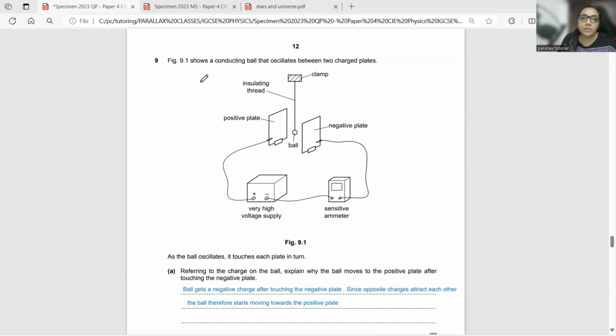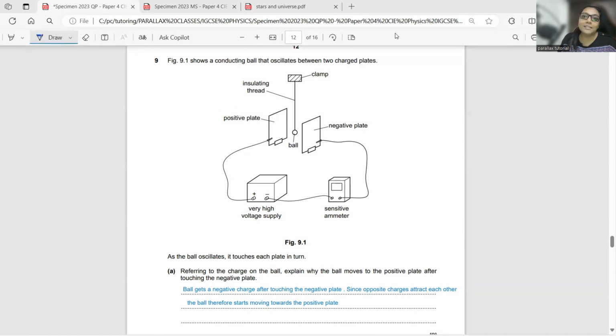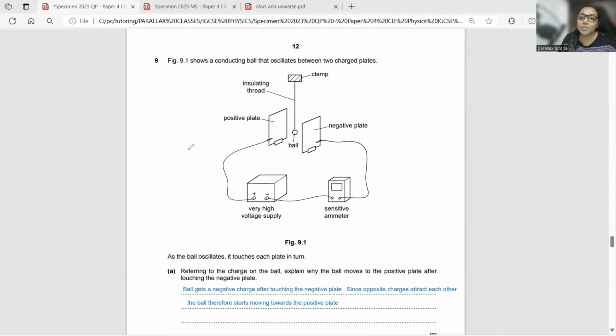Let's have a look at this question. Please remember, the rules are still the same. I will be using a red ink just to explain the concept whenever required. However, I will be using blue ink on the paper so that you know what to write in the answer column. Red will be used only for explaining the theory if you need to know that, or for further detail. Okay. So the question number 9 says, figure 9.1 shows a conducting ball that oscillates between 2